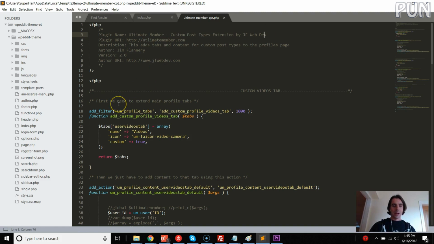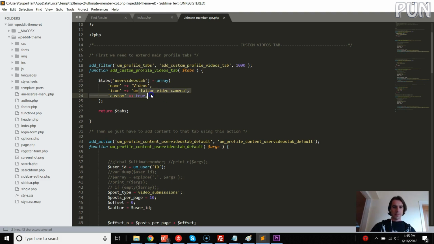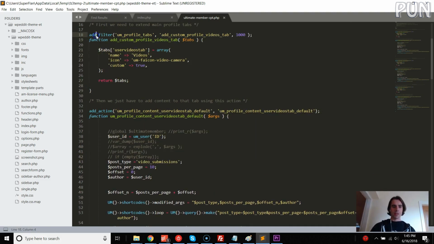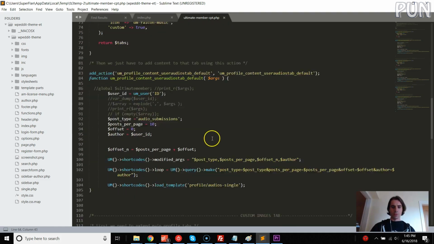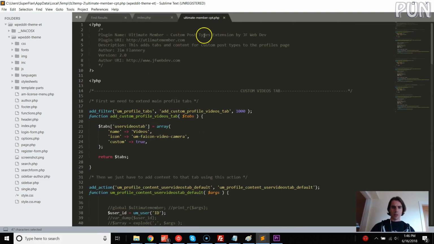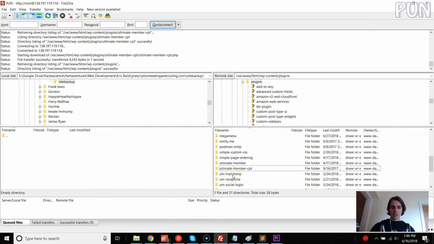That's me. And what this does is, I emailed a little bit with the support team to figure out how to add those other tabs. And that's what these do. So this adds another tab for videos with an icon. And then this says what shows up if someone clicks the button. So this just adds the button, and then this says what shows up when they click it. And then I got one for audio, I got one for images. That was a pain, but I wanted it to be there, so I did it, and now it's there. The other thing is